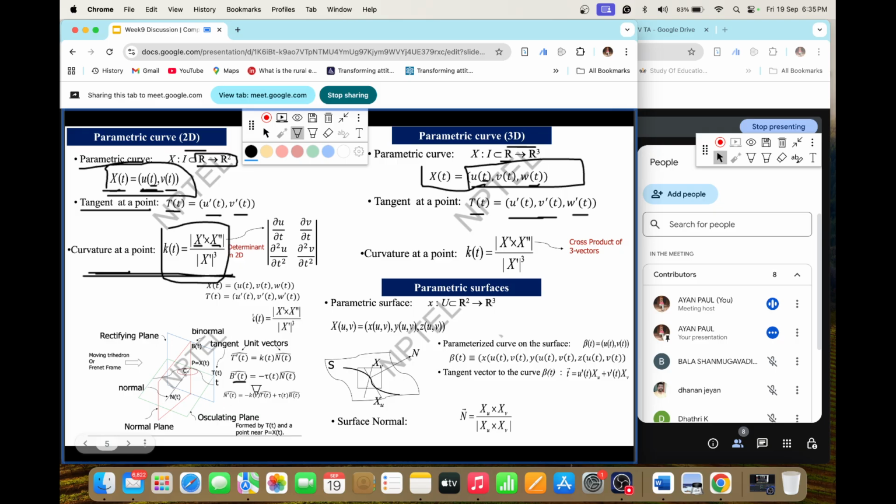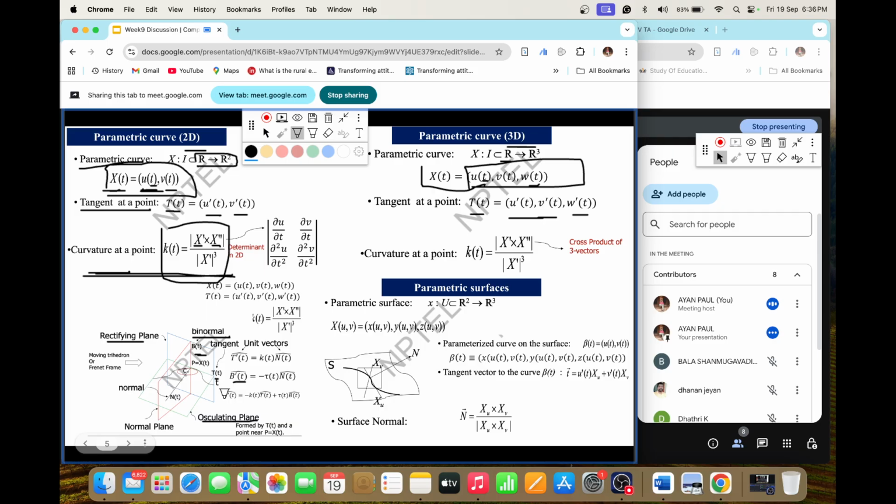By these three things we have three different planes. One is known as the normal plane, another is known as the osculating plane, and another one is known as the rectifying plane. So what is this binormal plane? The plane that is made from B(t) and T(t), that means binormal and tangent. And second, we have the normal plane that is made by N(t) and B(t), that means normal and binormal.